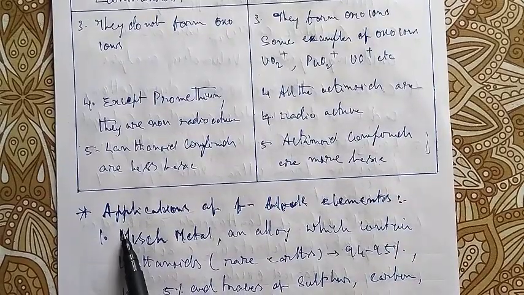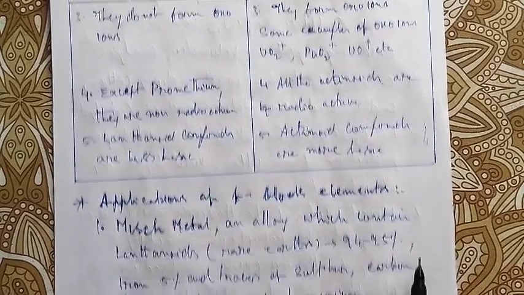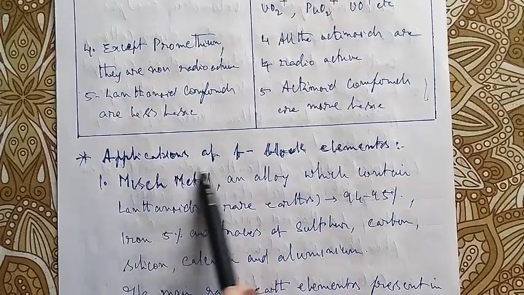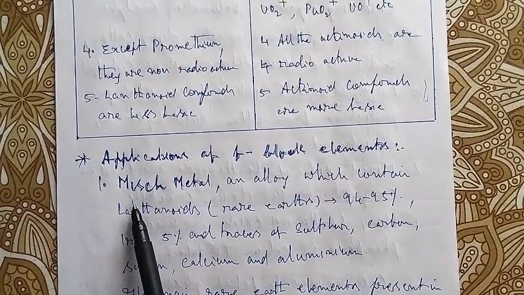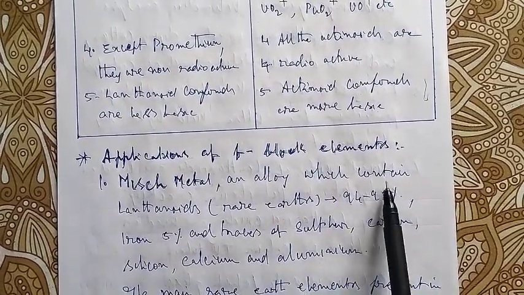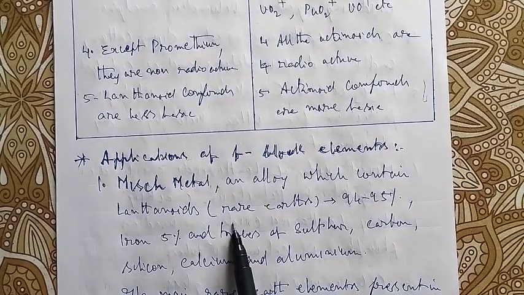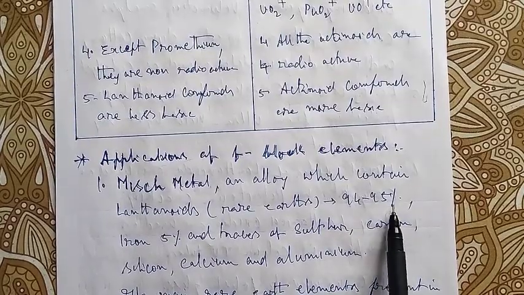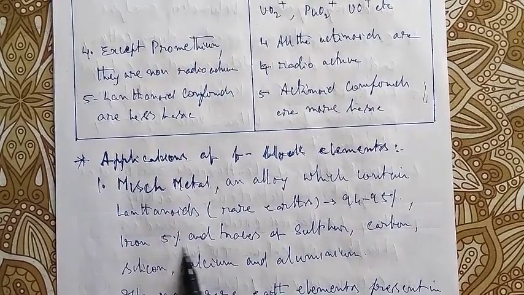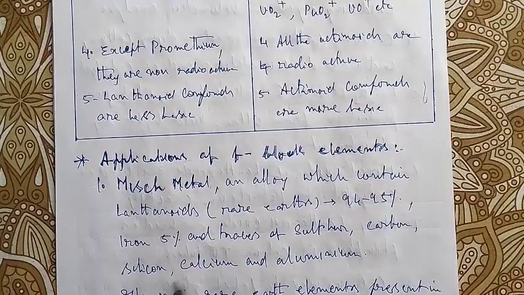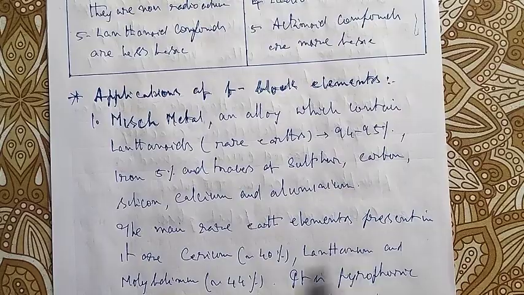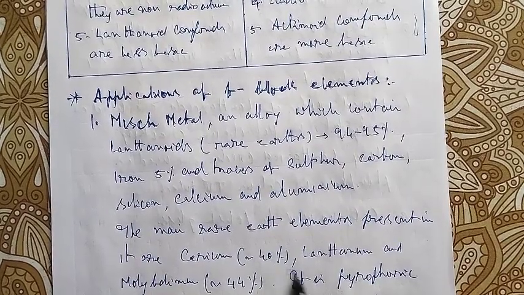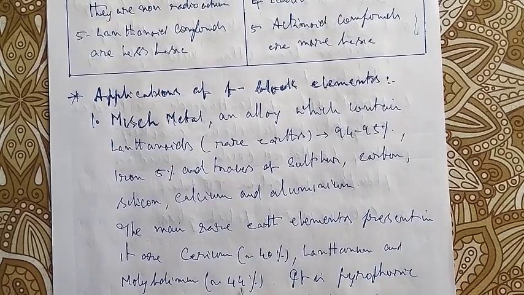Now let us see the applications of f-block elements. Applications of lanthanoids. Misch metal is an alloy which contains lanthanoids. Lanthanoids are also called rare earths. It contains 94 to 95% of lanthanoids, iron 5%, and traces of sulfur, carbon, silicon, calcium, aluminum, etc. The main rare earth elements present in this misch metal are cerium up to 40%, lanthanum and neodymium up to